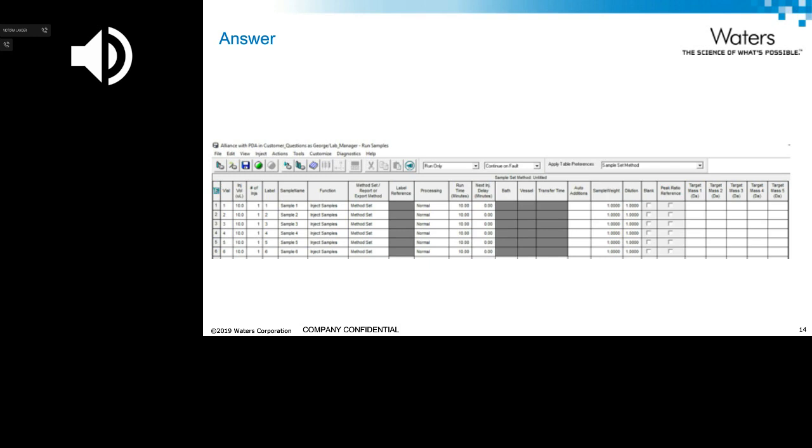Then we have the field that says blank. So if we were going to calculate signal to noise and use the noise from a blank injection, which is the recommended way to calculate signal to noise according to the USP, we would need to indicate in the Q which is the blank. So any sample that follows that blank row would use the noise calculated from that blank in the signal-to-noise calculation. So that's a checkbox.